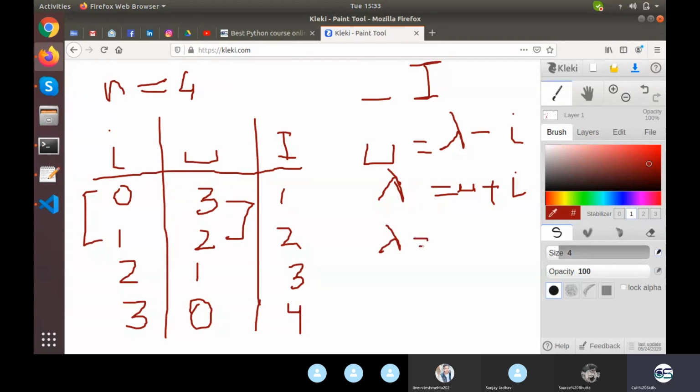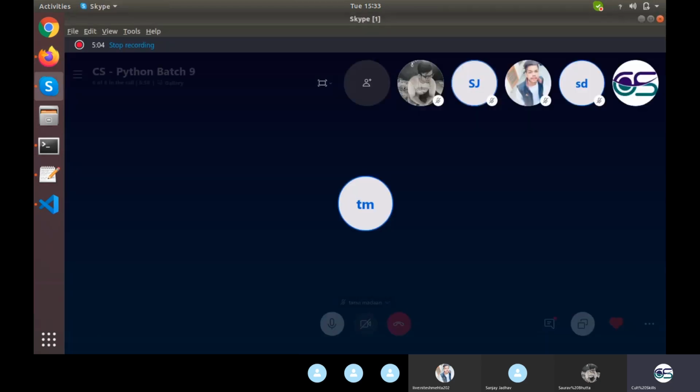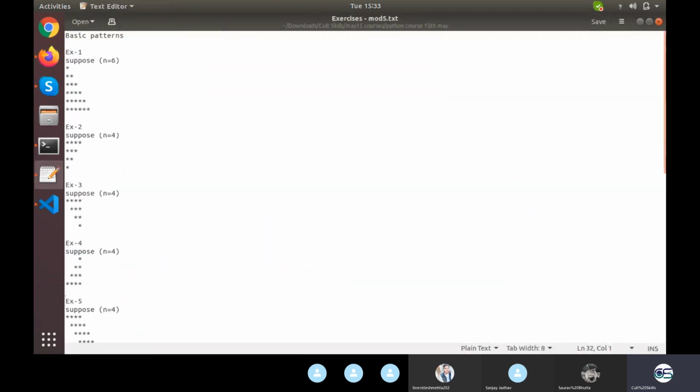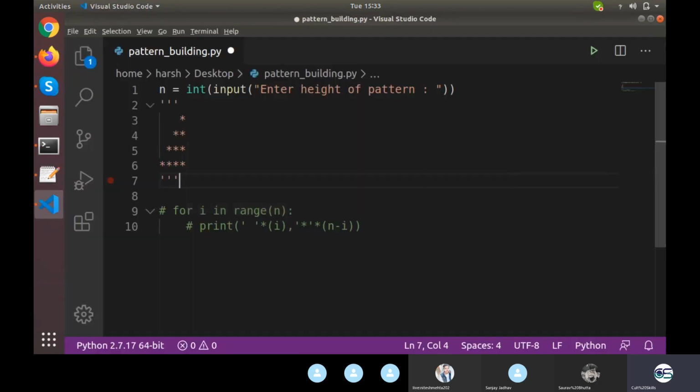And how do we get to know about 3? Lambda is basically n minus 1, to be dynamic. So we need n minus 1 spaces. Let's write it right here. We are talking about this third one.